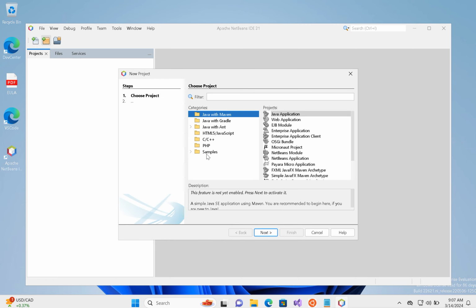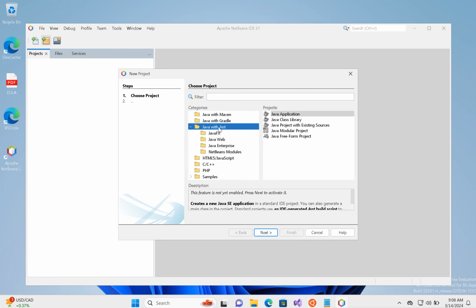Here you have many options. You have different kinds of Java projects. So we're going to pick Java with Maven. You can also do Gradle, but I'm familiar with Maven. A Java Maven project will work with other IDEs too, such as Eclipse and IntelliJ. If you don't care about sharing your project with other IDEs, Java Ant is actually faster and more efficient, so I would just pick Java Ant in that case. Okay. So let's just say I'm going to start with Java Maven,